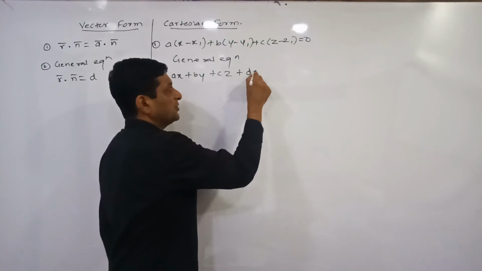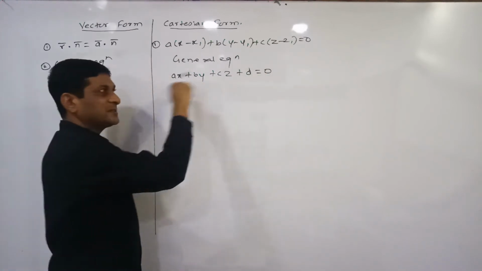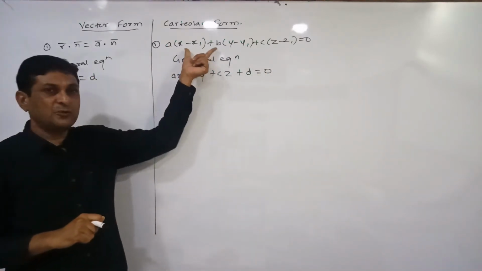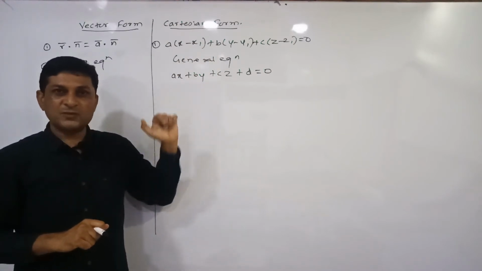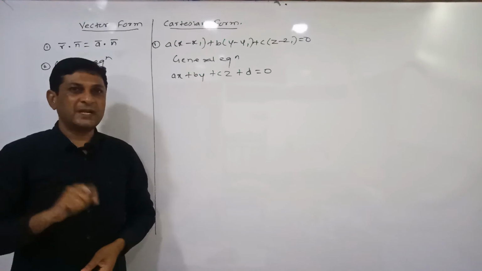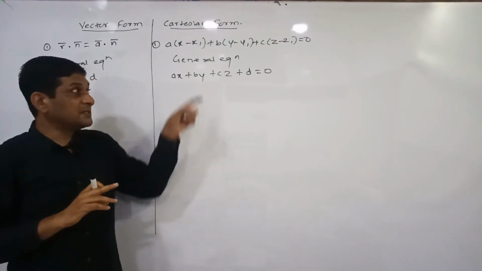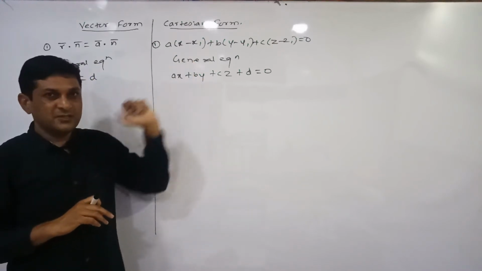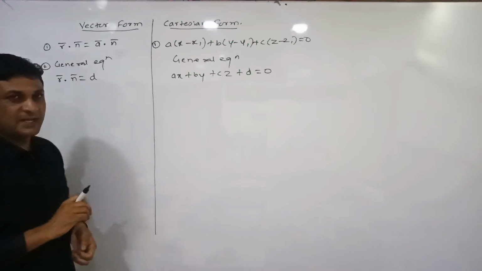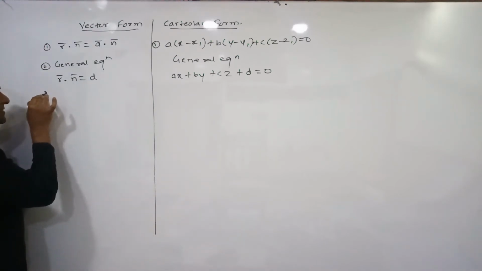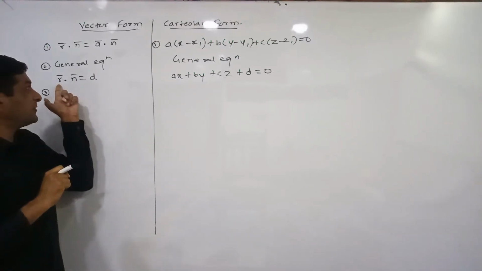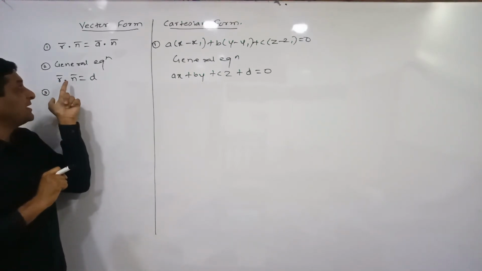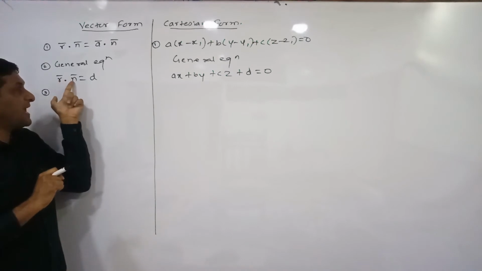Let us denote that new number by d. Means lastly, after substituting the values and simplifying it, lastly we will get the equation in this form, and which is called as equation of plane in general form. And this is Cartesian equation of plane in general form. This is vector equation of plane in general form. Now let us discuss about the next important result. Again remember that whenever the equation in general form is given to us, so here r bar dot n bar